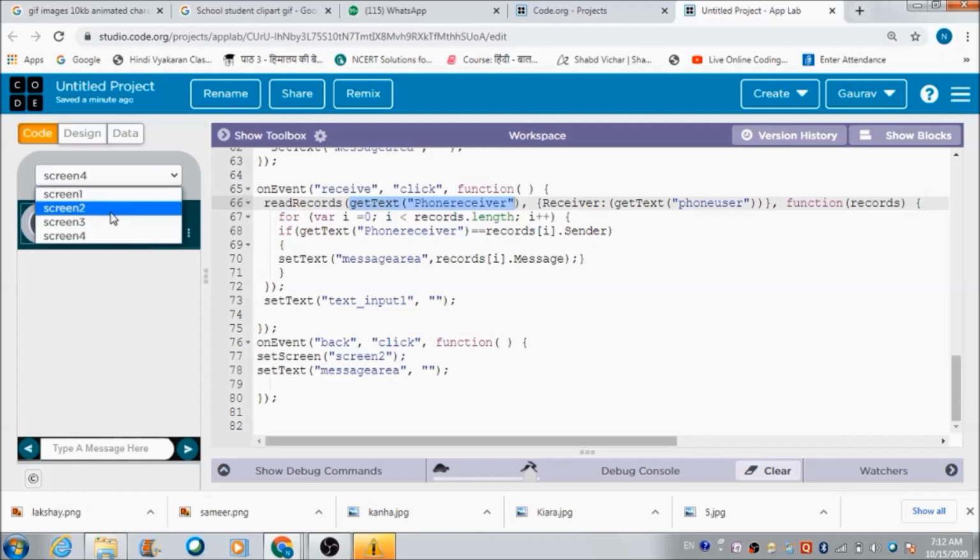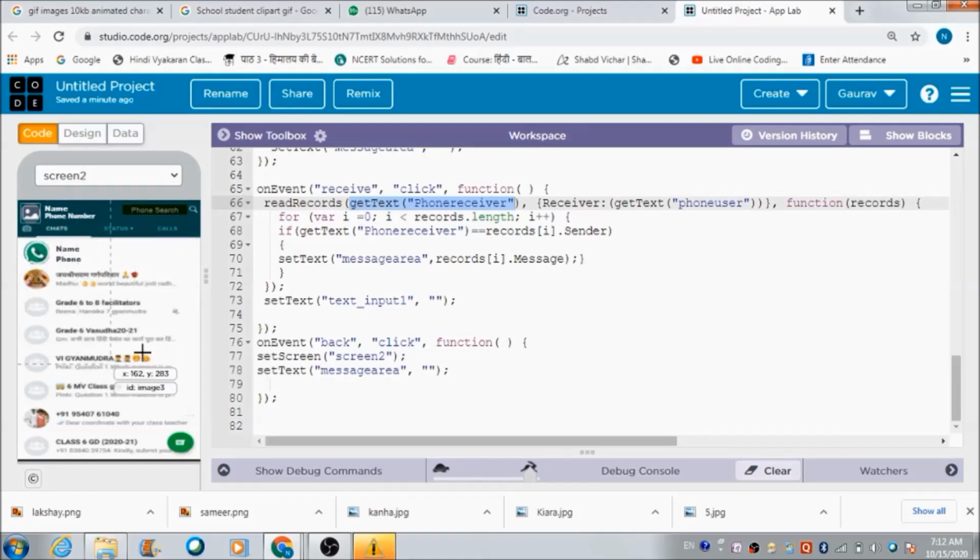Why? Just because of this screen. On the second device, the recipient's profile is going to get reflected here, and the sender's profile is going to get reflected here.